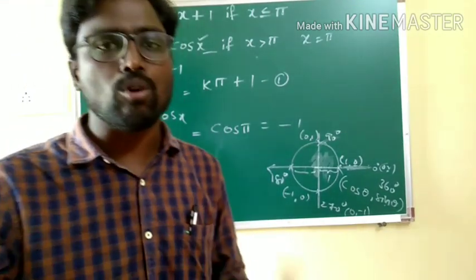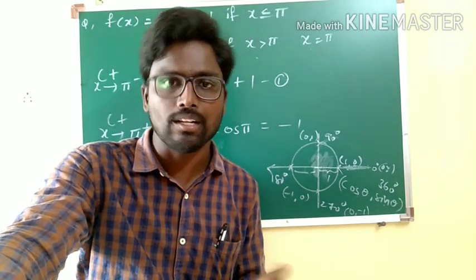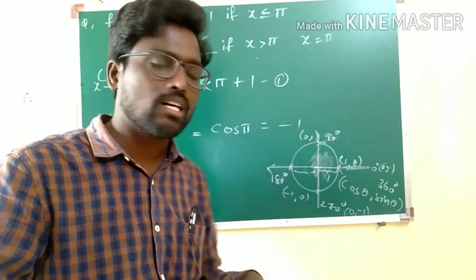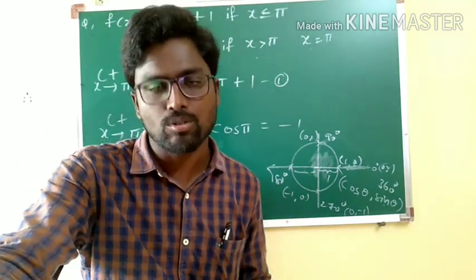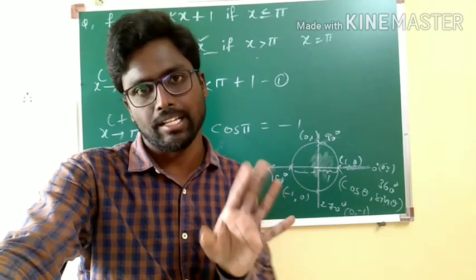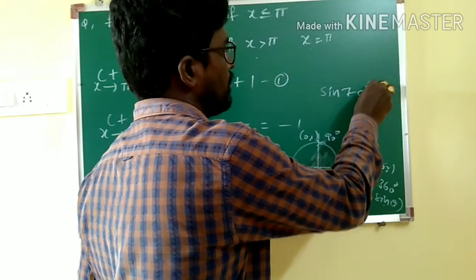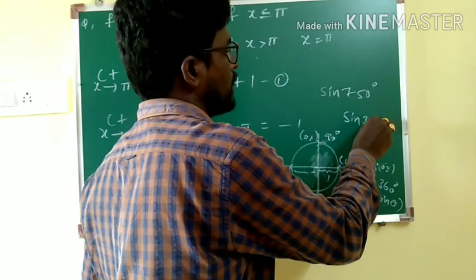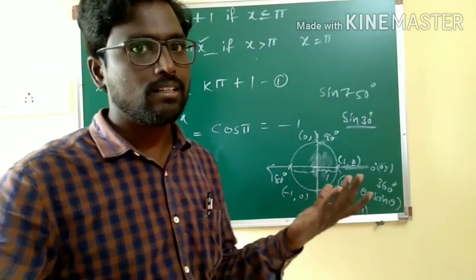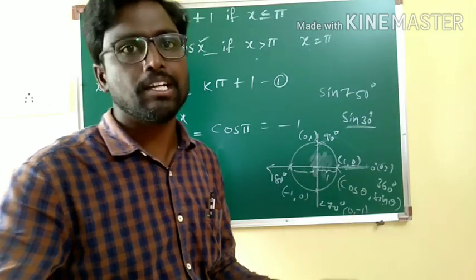If at all you have more than 360, let's say you have 750 degrees. Okay, subtract 2 rotations. 2 rotations means how many degrees it will cover? 720 degrees. So the rest value is 30 degrees. Okay, so you simply calculate for 30 degrees. Or suppose you are calculating sin 750. That means it is enough to calculate for sin 30. You will be eliminating that 720 degrees, because the arrival position of 750 degrees and 30 degrees will be the same.